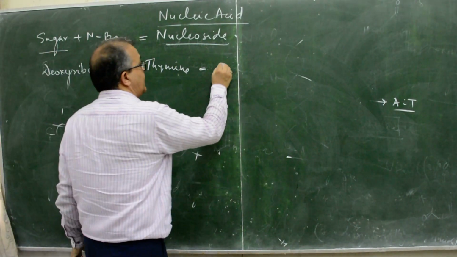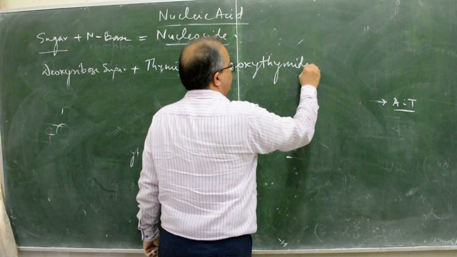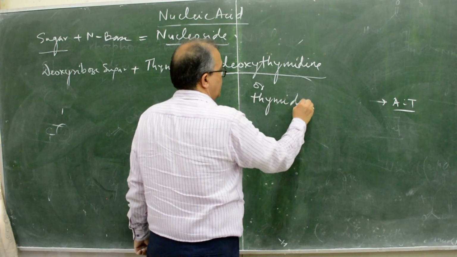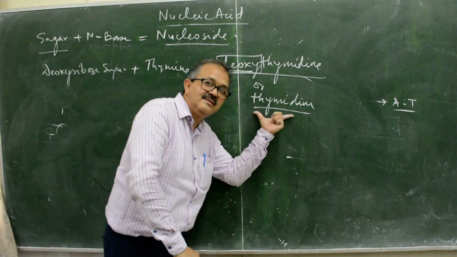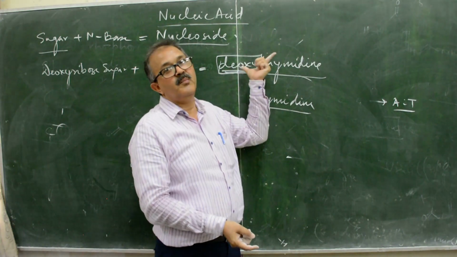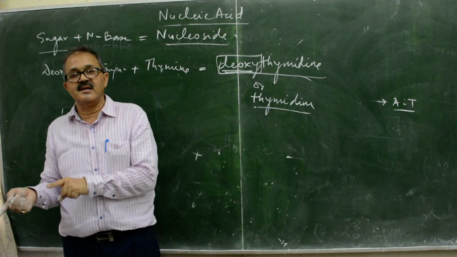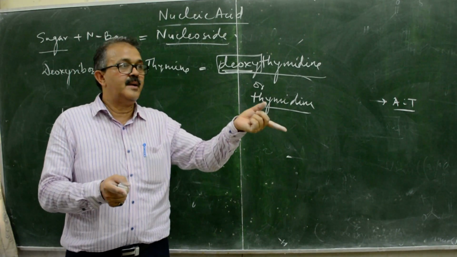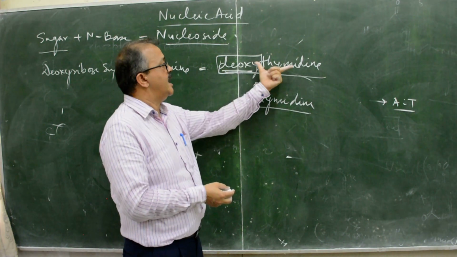The sugar is generally written as deoxythymidine, but in many books you will find thymidine only, no deoxy, because it is fixed that thymine interacts only with the deoxy sugar. So you may write thymidine or deoxythymidine. Adenine may react with ribose sugar or deoxyribose sugar. Guanine, deoxyribose sugar or ribose sugar. Cytosine, either ribose sugar or deoxy. But for thymine, you may write either deoxythymidine or thymidine.